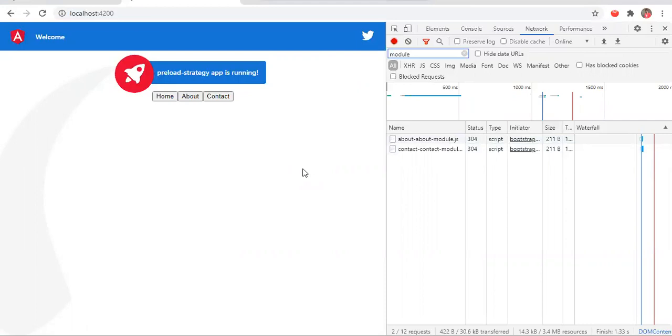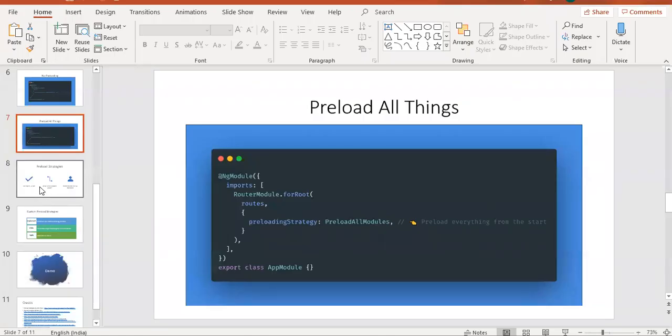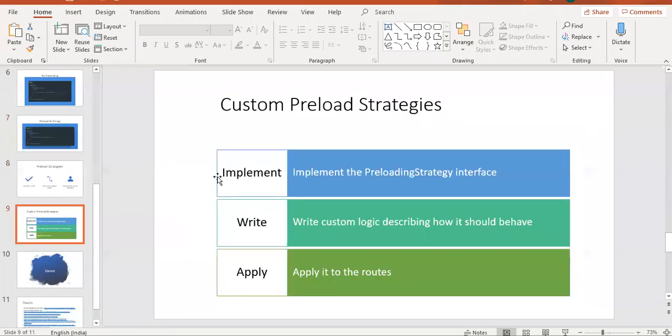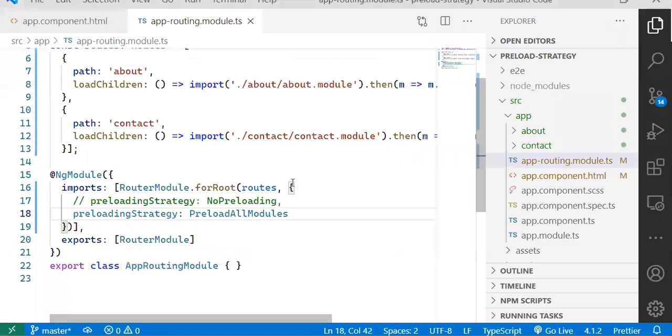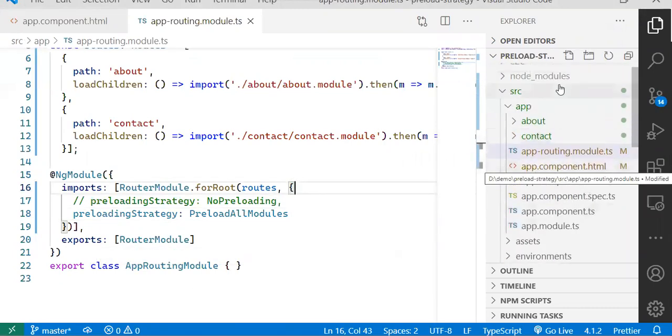First one is no preloading. Second one is preload everything. Third one is let's have some custom preloading strategy. For that, as we mentioned in our slide, we need to implement the preloading strategy interface. For that, what I'm going to do is go back to my code and, to keep it simple, let's